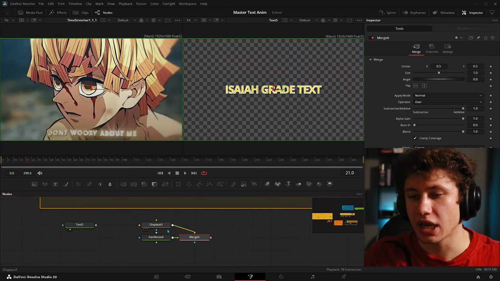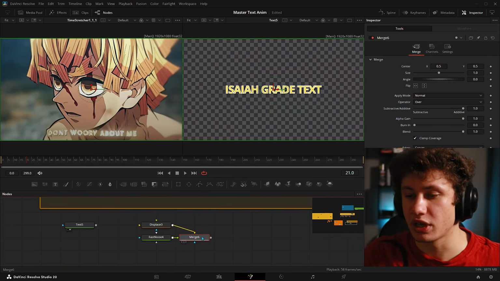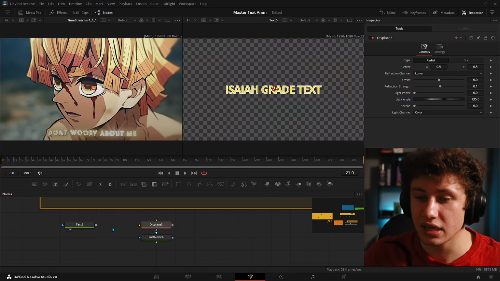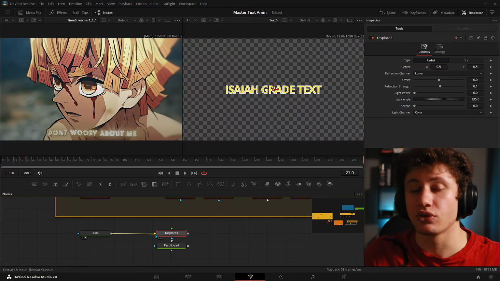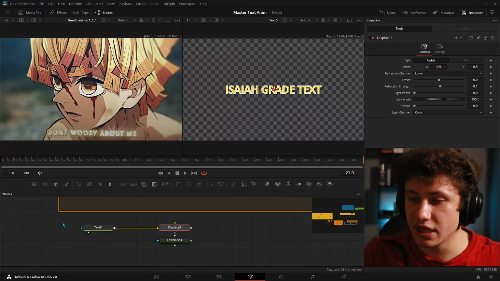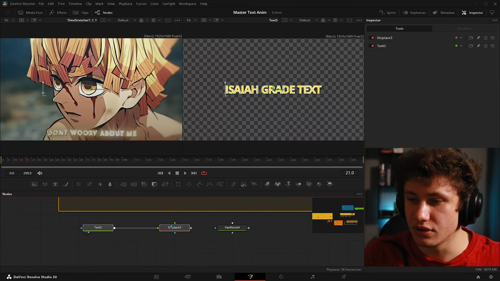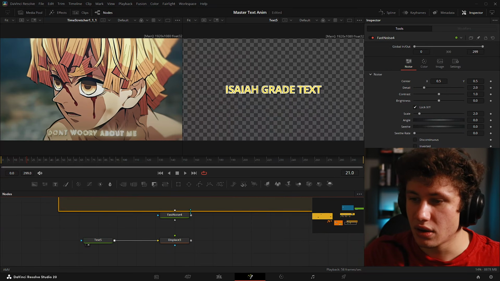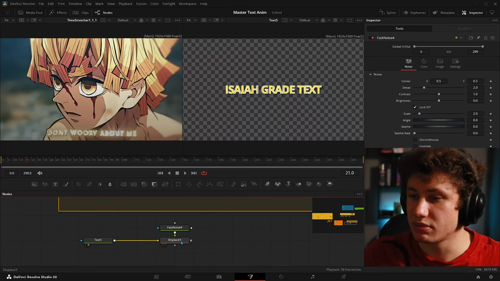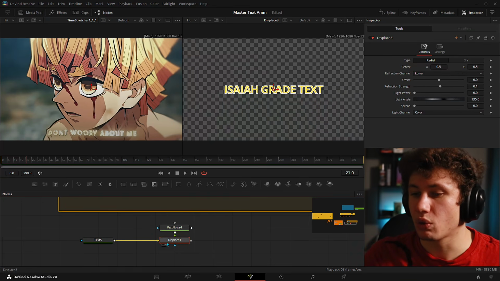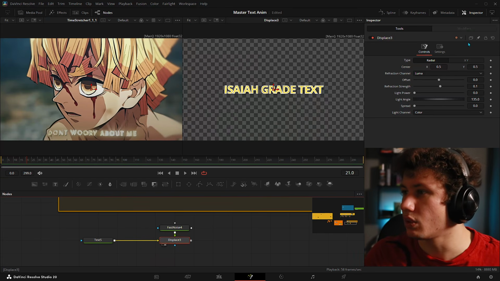And if you have a node selected, when you add in another one, Resolve automatically adds a merge, but because we don't need this, we're going to delete it. Then I'm going to plug my text output into the background or yellow input of our displace. We're going to take the fast noise and plug it into the foreground or green input of our displace. And if you remember from before, when we have our displace selected, we can go into our inspector